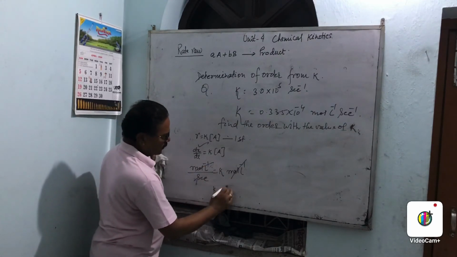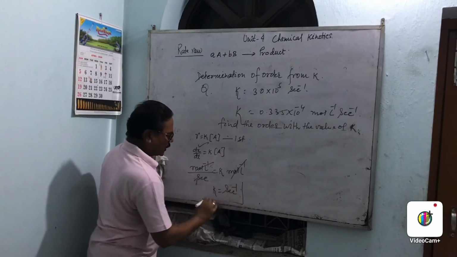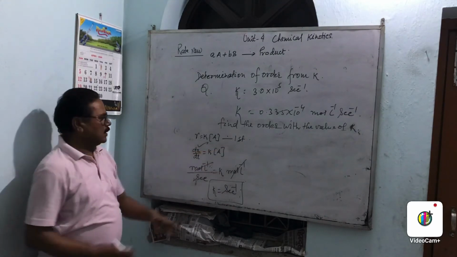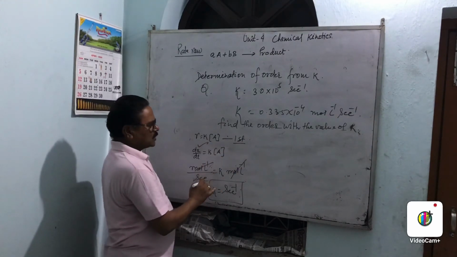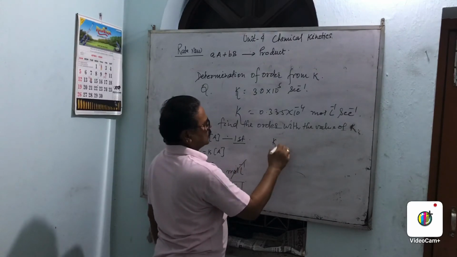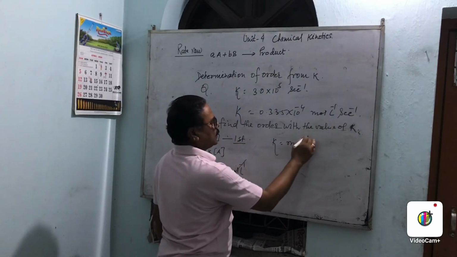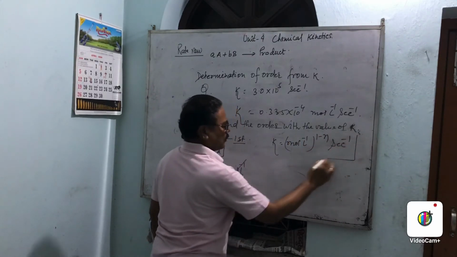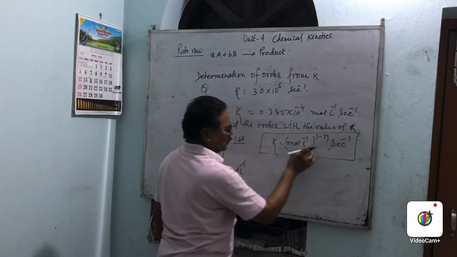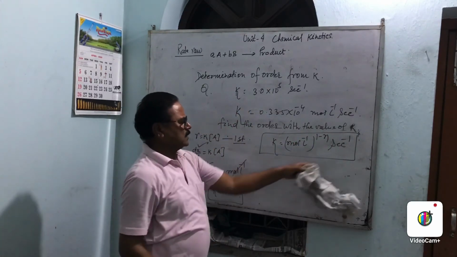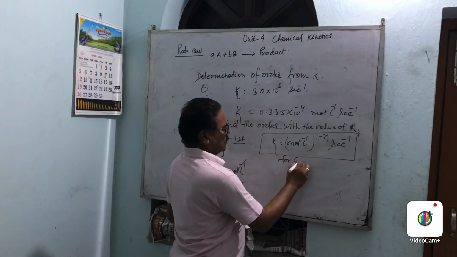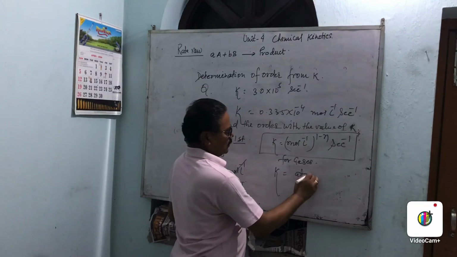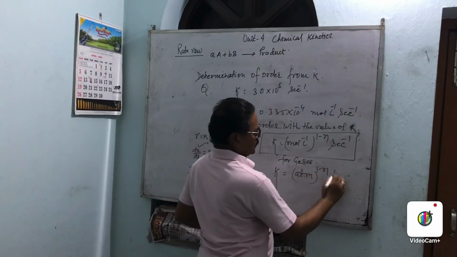What will be the value of k? That is second inverse. Under what condition does k come to be second inverse? When we put the order as 1, this is first order, so manually it can be solved. Now another way: k is equal to (mole per liter) to the power 1 minus n, and this is second inverse. This is the formula. And for the gaseous reaction we write atmosphere to the power 1 minus n. For gases, k is equal to atmosphere to the power 1 minus n, and this is second inverse.